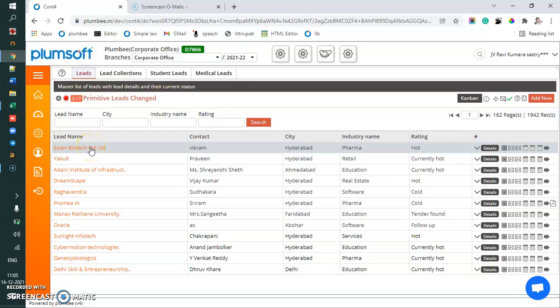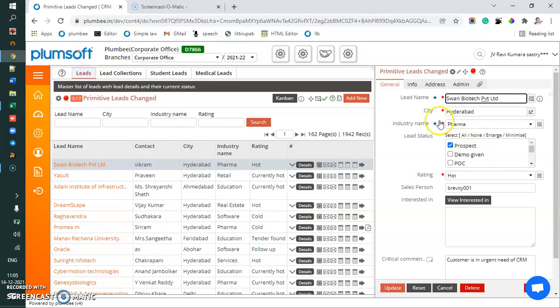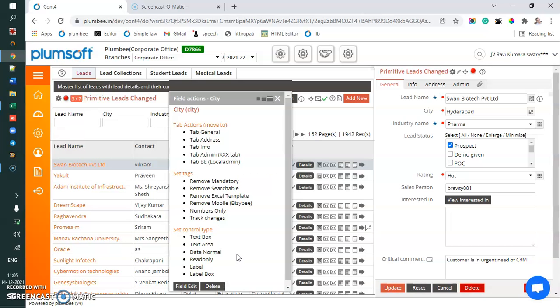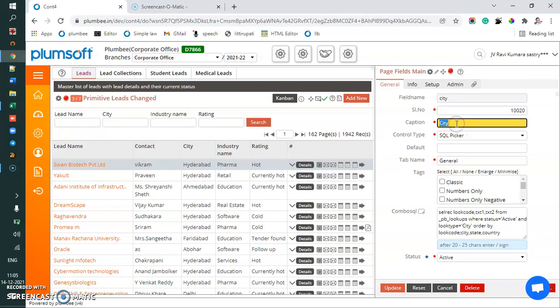And when I am editing this, you will see on the right side, how do I edit the caption? Please keep your mouse carefully. There is a white zone. Here you will get field edit. So when you click that, you will be able to see the field edit and you can change the caption here. Okay. Don't try to attempt any of this.